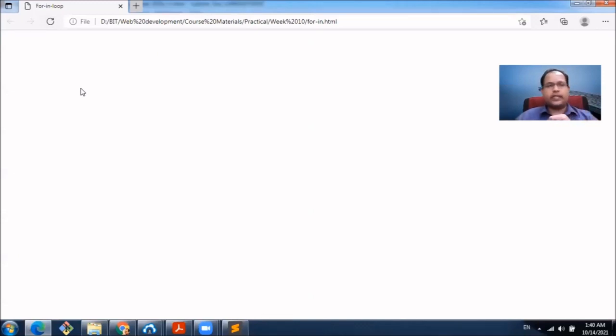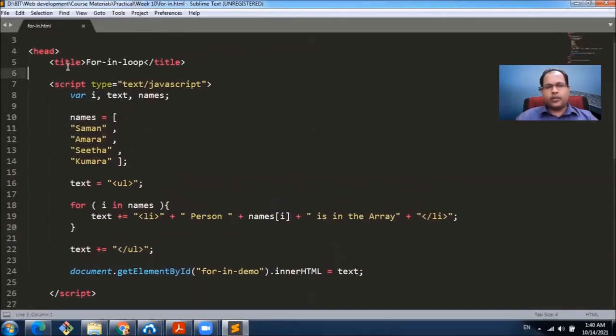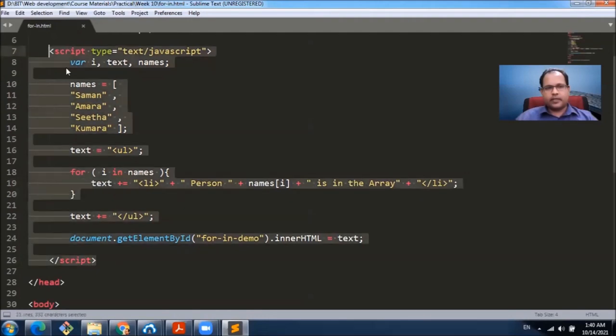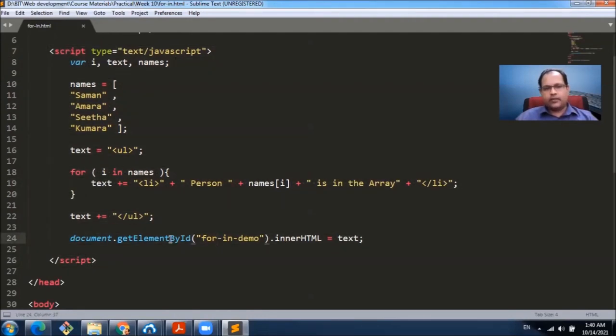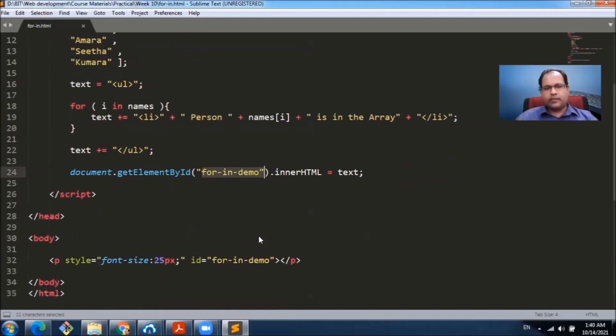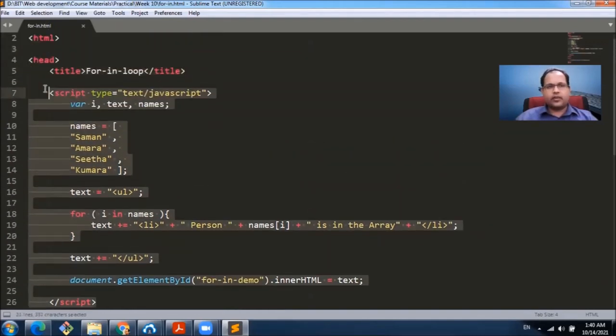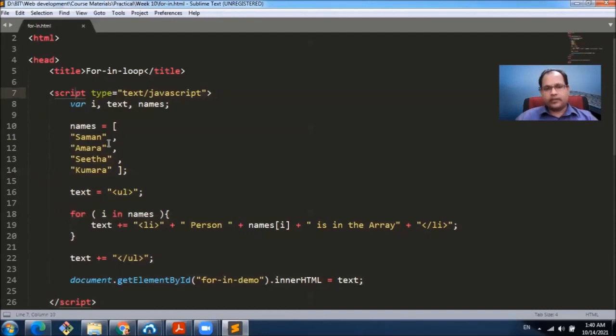It will not show anything. Why? Because whenever the document loads, this section gets executed. But we don't have this for in demo element specified when we run this code, when it's getting loaded.